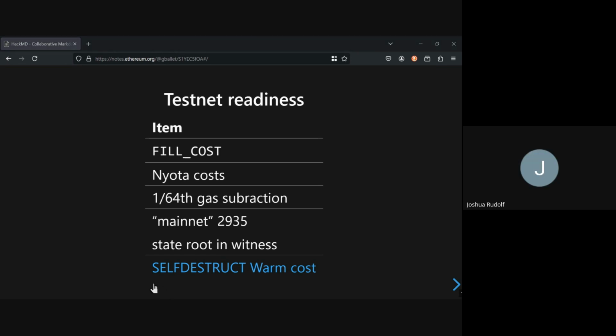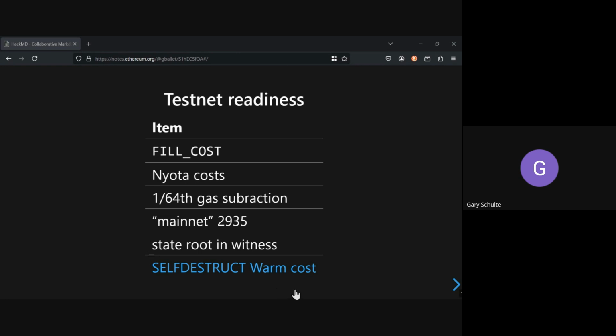Cool. I guess since maybe most of the teams aren't here, unless more people have joined, we can either go through it right now or continue this topic async in chat. I was going to say, I think Thomas might have some more detailed perspective, but I think basically it was similarly not ready for a testnet that has fill cost and IOTA costs.